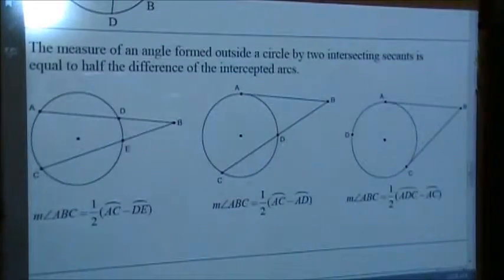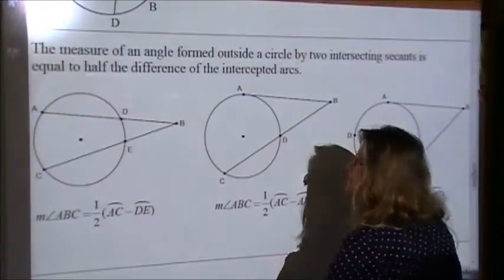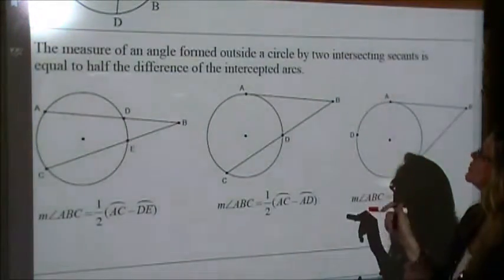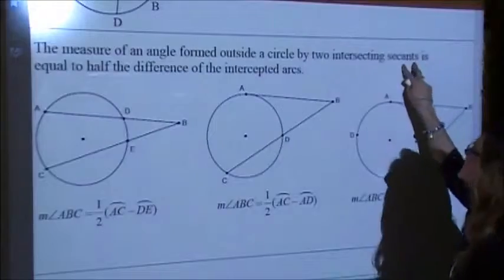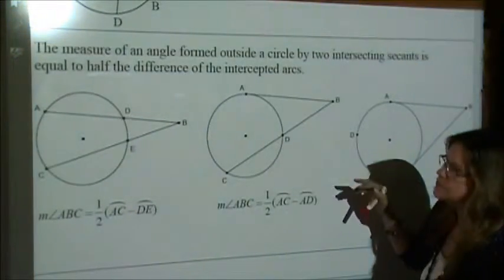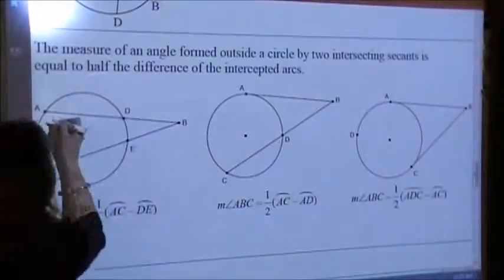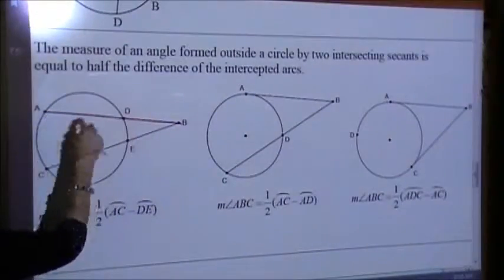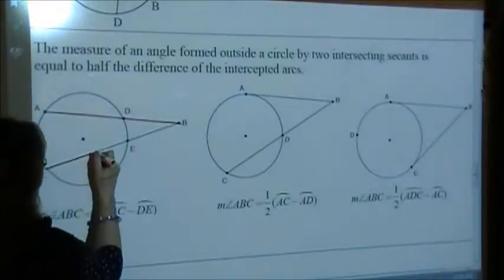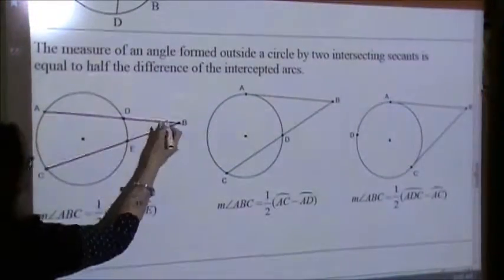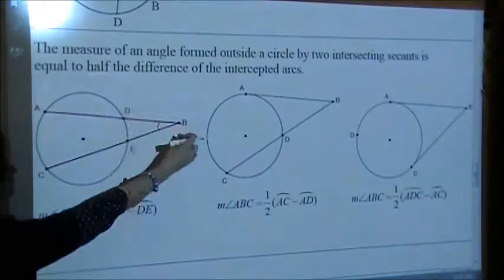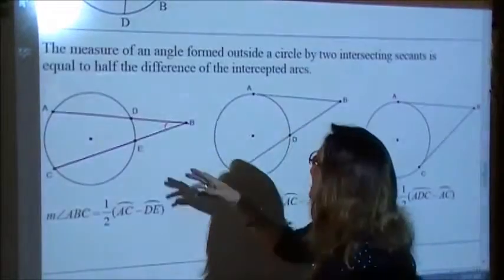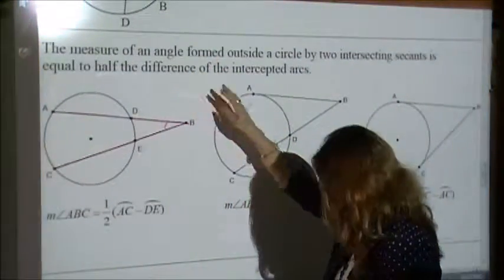Oh, that's perfect. All right, I have 3 pictures. They're all actually saying the same thing. The measure of an angle formed outside a circle by 2 intersecting secants. So I just said a lot, so let's check this out. Line segment AB is a secant. It starts outside the circle and it touches the circle twice. Same thing with line segment CB. So the angle formed right here by those 2 intersecting secants is now equal to half the difference of its